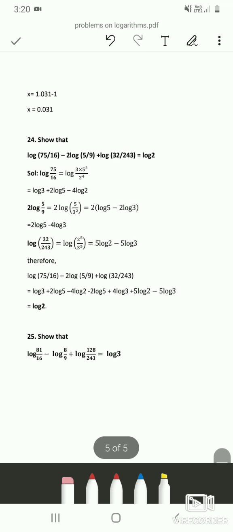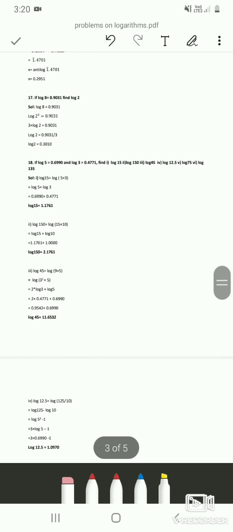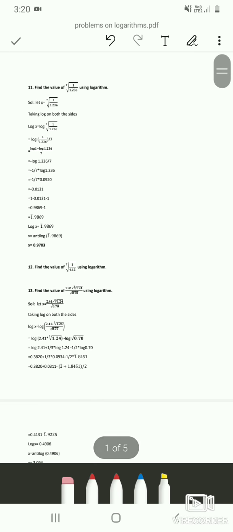So with this we complete the first unit of commercial arithmetic, that is indices and logarithm. In the question papers from logarithm you may get 1 or 2 questions in section A, that is for 2 marks, and 1 question in section C, that is 15 marks. About indices, I have said the question paper pattern in the last class of indices. So for logarithms you may get 2 questions or 1 question from section A and 1 question from section C.